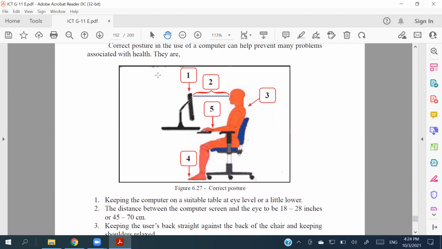If you are working at a table, your shoulder should be on the table, your arm should be on the table, right? Like the armrest shown here, you have to rest your arm. If there is a table, the arm should rest on the table, right? Then only you can touch, right? And look at the feet, they should be touching the floor, right?